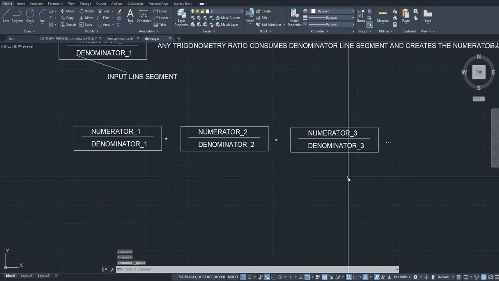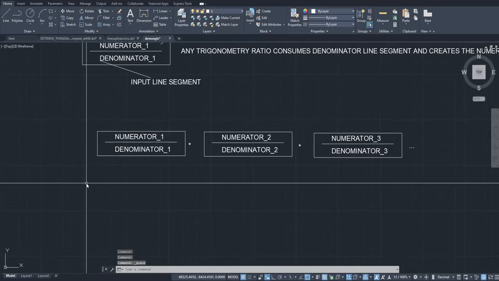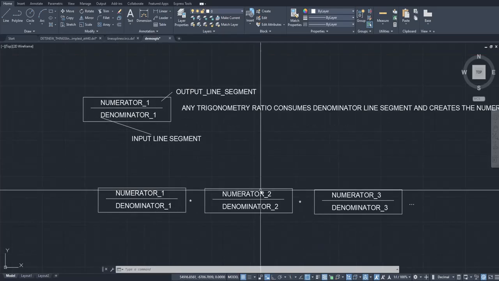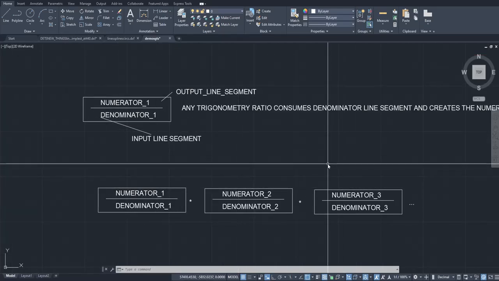So things evolve, and people do new kinds of reasoning with new kinds of activities, and new kinds of activities are possible when new kinds of reasoning come. Every new kind of reasoning comes with new symbols, new operators, precedences, and new vocabularies, like pivot point, stretch point, and nodal points, which are very important in geometrifying trigonometry. This concept that the input line segment is consumed and the output line segment is constructed, and the third, complementary line segment is also constructed,